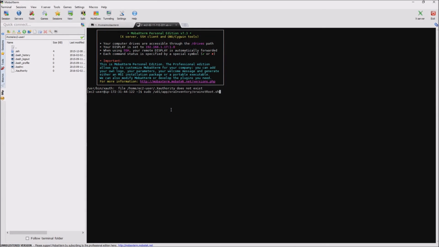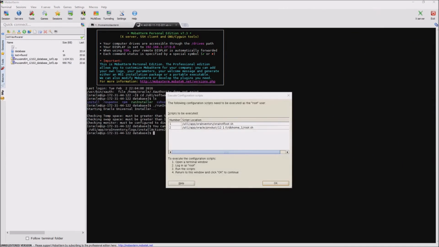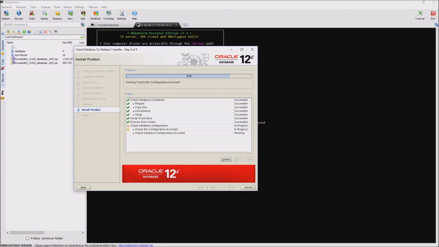So first we'll do this one, and then we will do the second one. And I'm just going to go ahead and accept the default there, and that completes that piece of the task. So we can pull that window out of the way and then say OK,